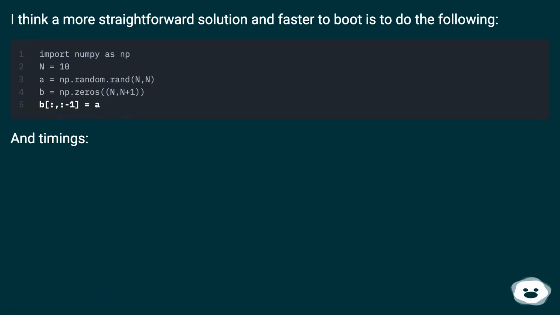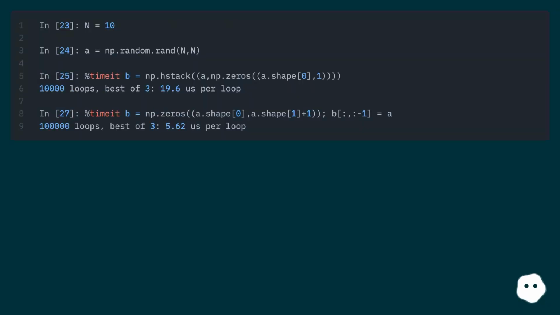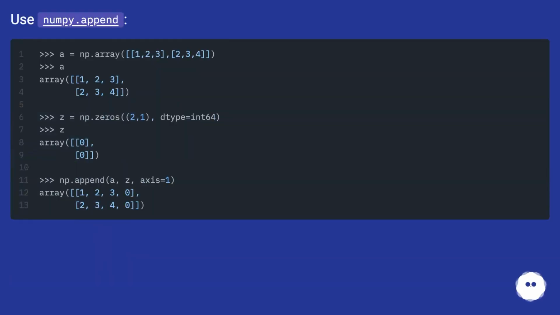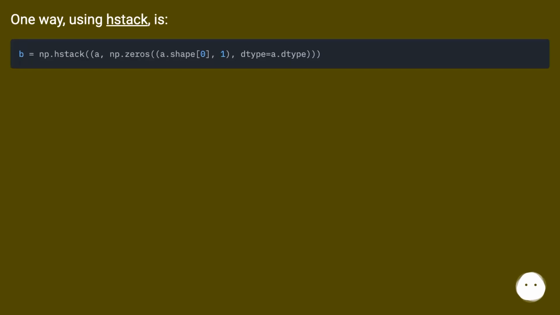I think a more straightforward solution and faster to boot is to do the following. And timings. Use NumPy.append. One way, using stack, is